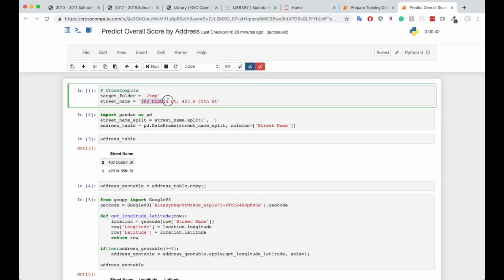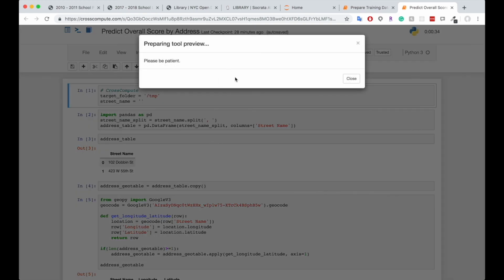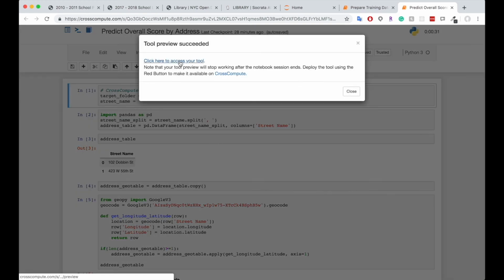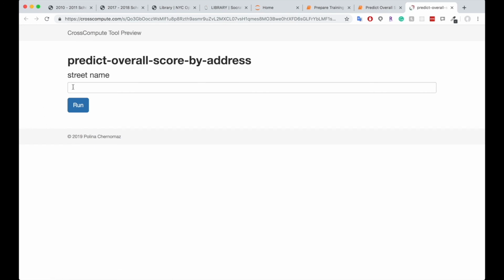Also, we want to remove what we have in the street name so that we can type what we want in our tool. So if we preview it once again, we have an empty street name, so you can input any address you like, and we now have a name for our tool. Let's say we put in the same addresses, 102 Dobbin Street and 423 West 55th Street. If you run it,